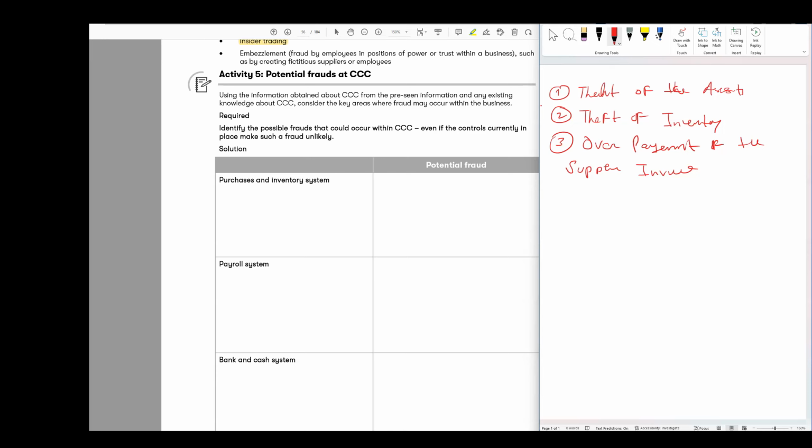The next one is the payroll system. Now on the payroll system we can see here there is not any proper control in place. So we can say what fraud could happen: the overstatement of wages. There is no control in place to approve actual wages paid to the staff. So this is a possibility that we can pay more to our staff. So overpayment to employees